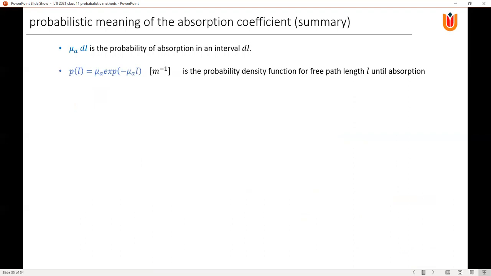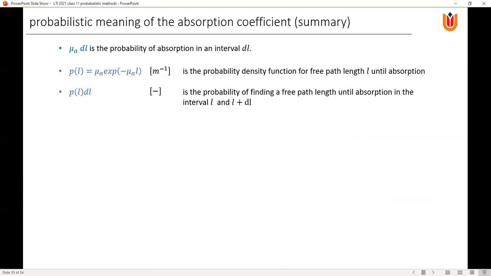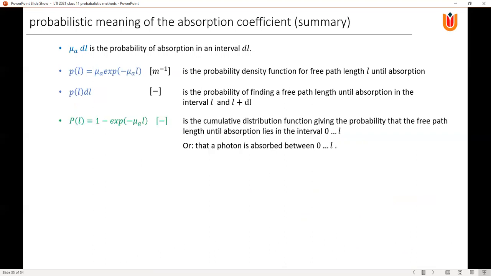So the summary. I'll list them quickly because they are in the slides, but this is for your reference. One question I do have for you is now, based on this and based on what we did before the break, can you calculate the expectation value or the mean value of the path length? So the second bullet point is the PDF for the path length. So what is now the expected value? The expectation value for the